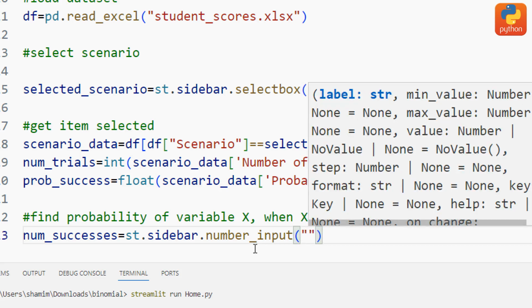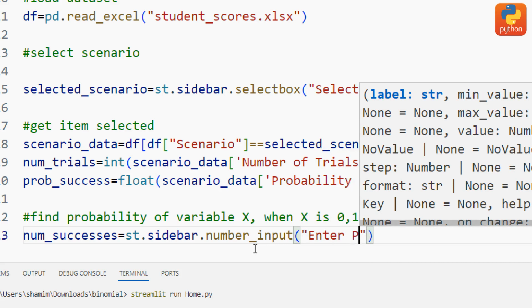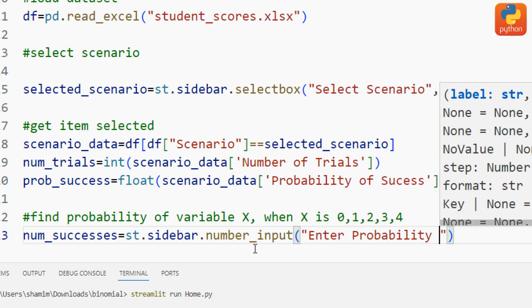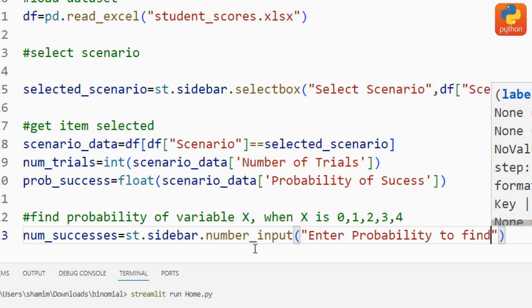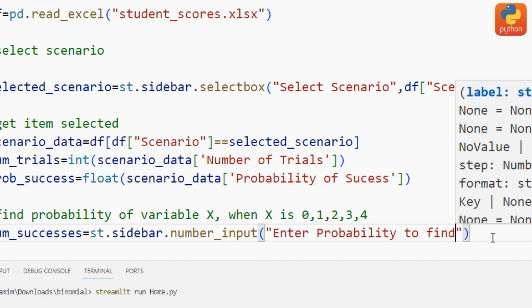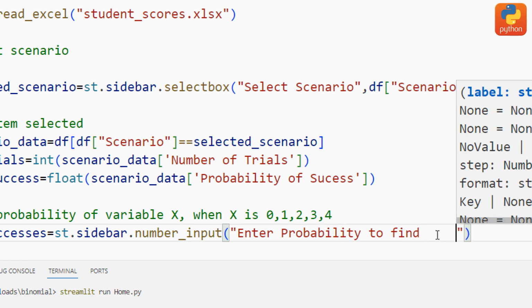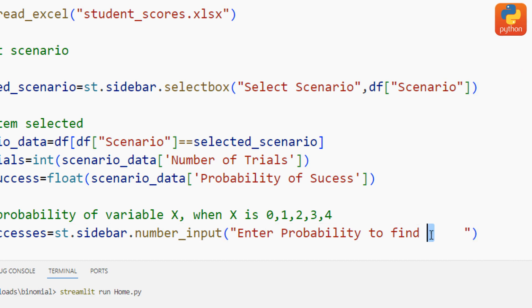So hapa tunaandika hivi, enter probability to find. Okay, so kumekuwa na enter probability to find. So hapa kinachofuata sasa just weka hivi namna hii. Okay, so enter a probability to find, then